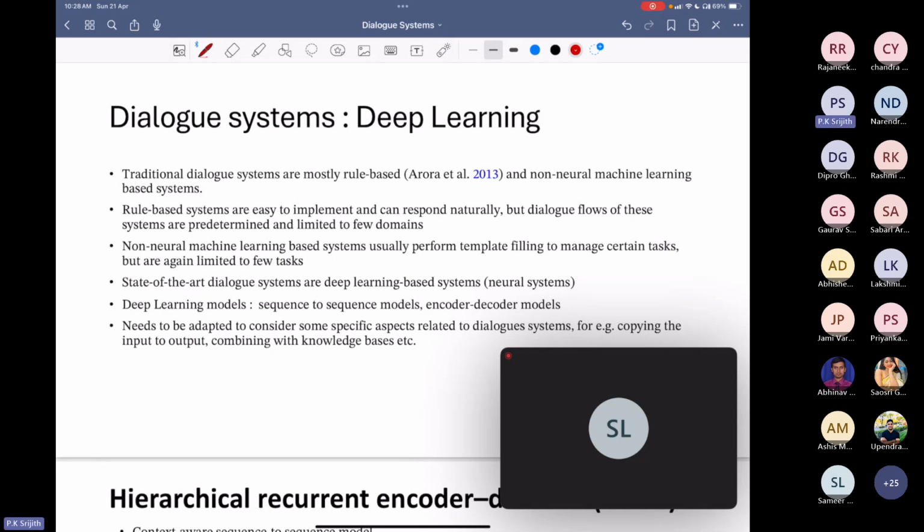When it comes to deep learning models, as in most NLP, natural language processing problems, one uses sequence-to-sequence, encoder-decoder kinds of models in solving these dialogue systems also. But dialogue systems also require performing some classification as well, where one uses deep learning classification models as well. Labeling and sequence-to-sequence models will be useful. But when it comes to dialogue systems,